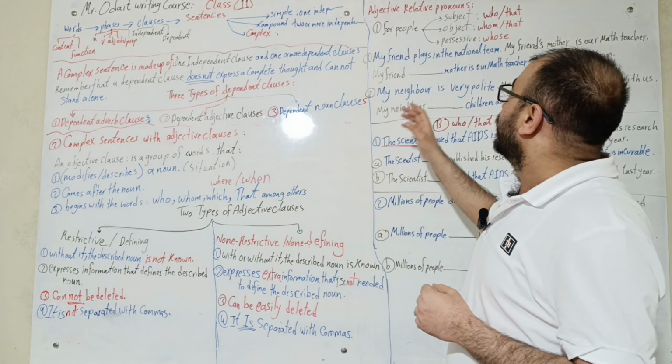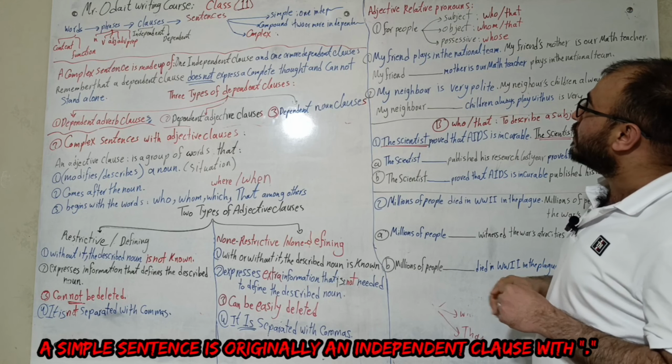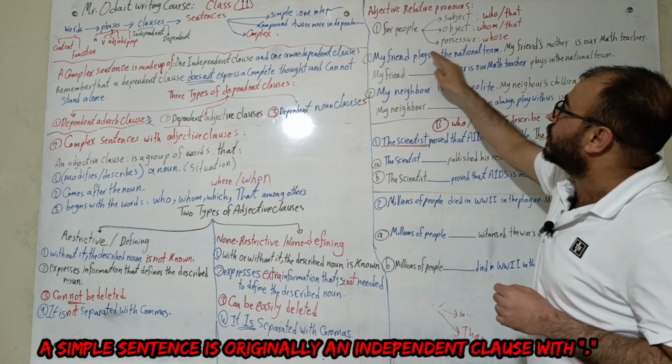Every simple sentence is originally an independent clause. And here I'm talking about the same person, my friend, so I merge these two independent clauses or these two simple sentences inside one complex sentence by changing one of those independent clauses